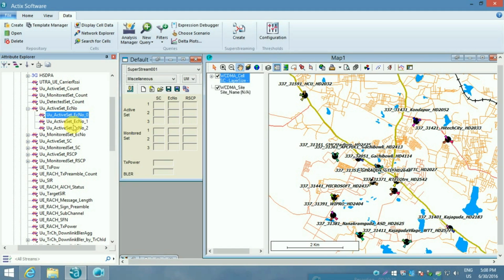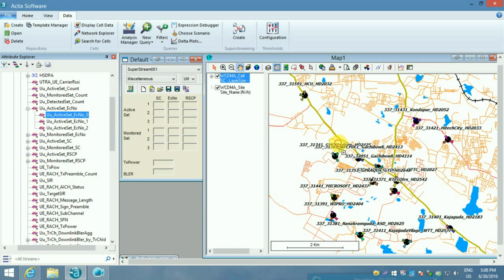The cell from which the signal is received and the respective data is always saved as Ec/Io 0, since our most important concern is optimizing the few key performance indicators. They are Ec/Io and RSCP.